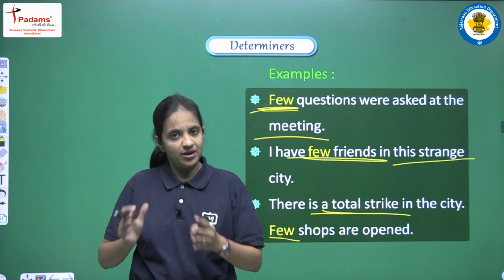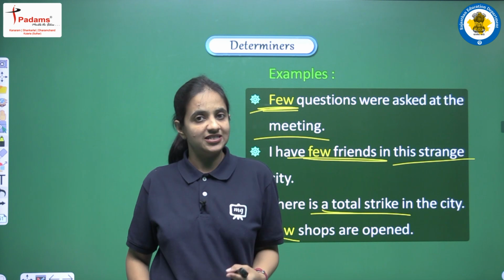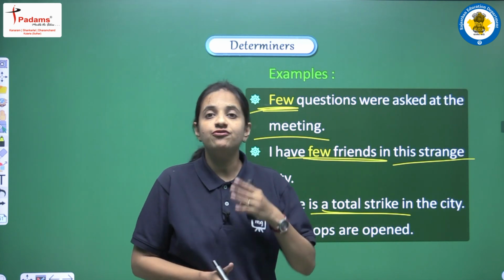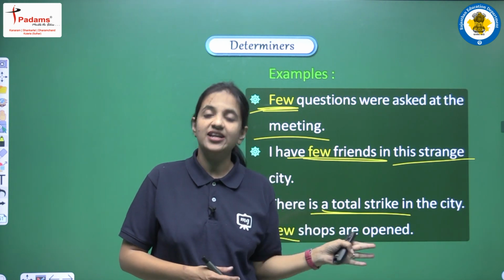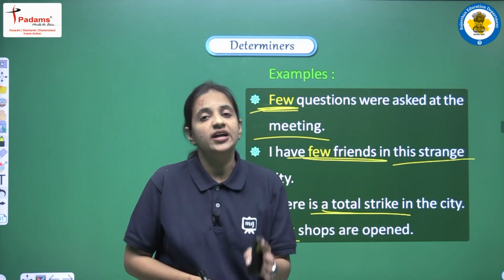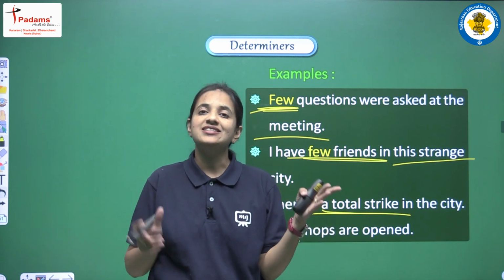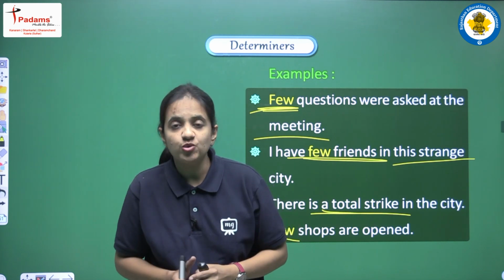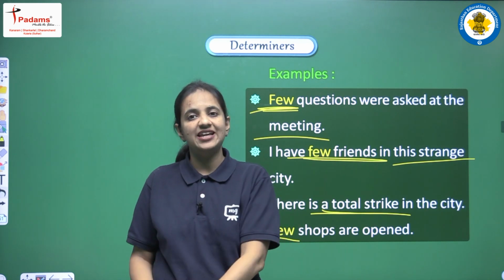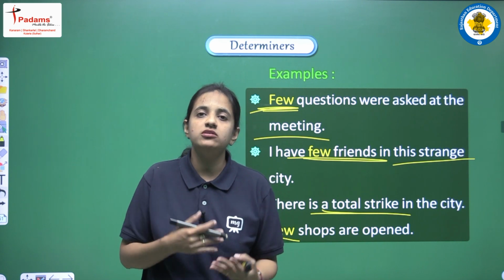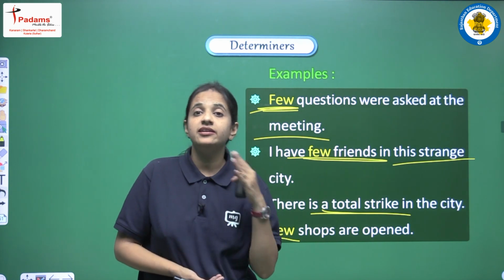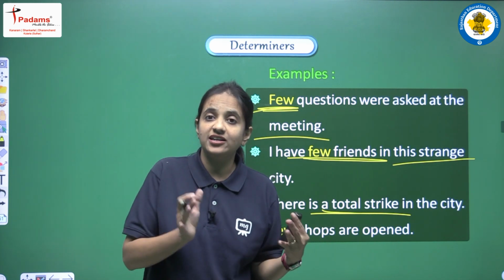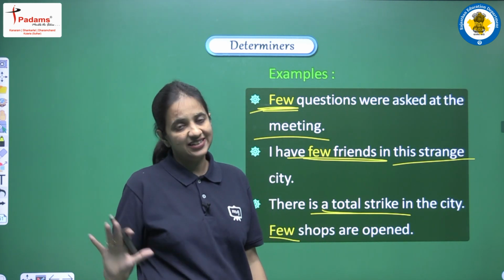So let's understand one more time. First of all, we are talking about few. The first thing we have to be very careful about, that we have learned, is that few is used for countable nouns, right? And what is the use of few? It has a negative meaning, a negative sense. So when we use few in a sentence, it means actually nothing. At that time we are saying that the quantity was very less, it was like nothing. So yes, it has a negative meaning, it actually gives a negative sense to the sentence. Clear?